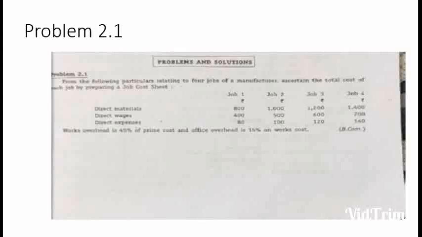As you all have already learned cost accounting, you will know the format. Direct expenses, then you will get your prime cost, then you will have your factory overhead, then administration, then selling and distribution, then you will get your profit and your selling price. The same format will be utilized in these problems as well.